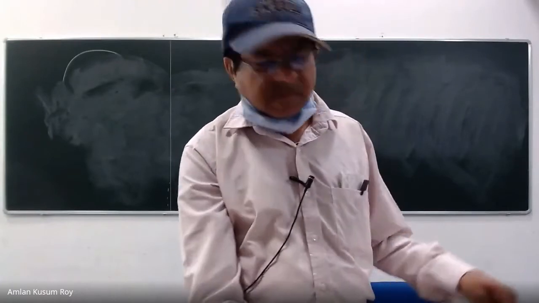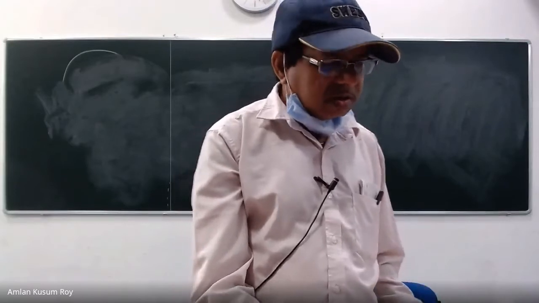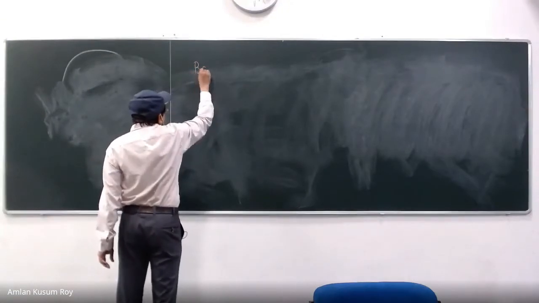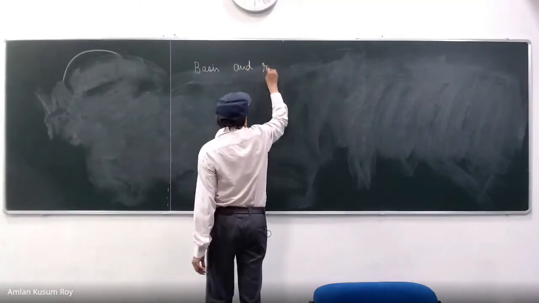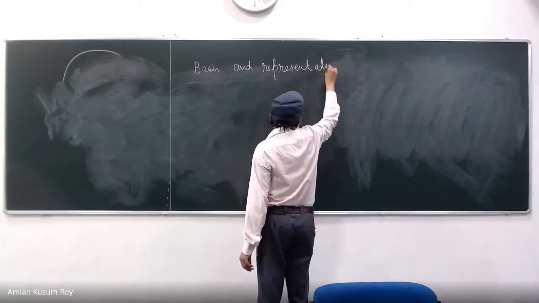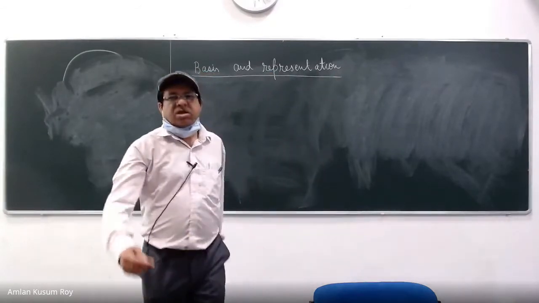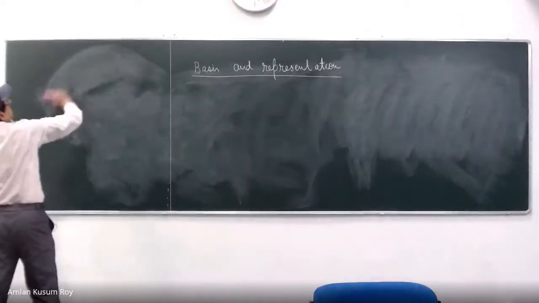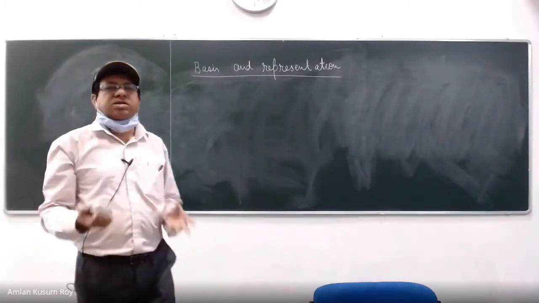Let us go a little bit further now. I think it is better to formalize this. We have said what a basis is, but let us spend a little time so that we can make it general. Particle in a box is not the only basis in the world, neither is it the one that you are going to use for practical purposes. So we need to discuss a little more about it: basis and representation. This will be more or less a roundabout way of discussing what we have discussed, but it will give you another view.